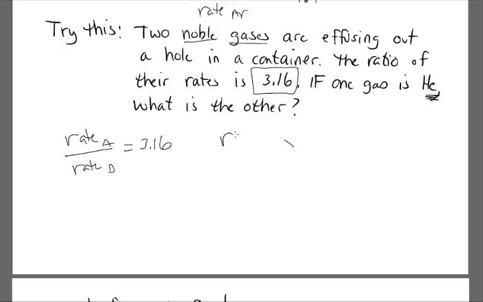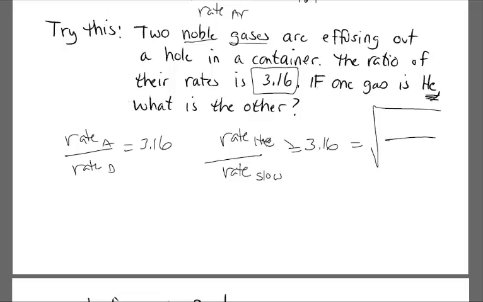Okay, so we know that the rate of helium to the rate of some other gas, which we don't know, I'm going to call slow, is going to equal 3.16, and that we can do the square root, and we know the mass of helium. Okay, the mass of helium is about 4,